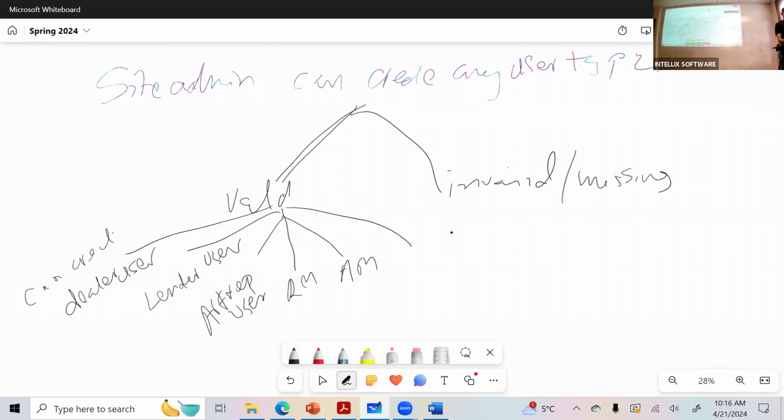Area manager. And what are we missing? Super user. Okay. If they do valid input, means all the required information, they should be able to create all these different types of users. That's what you are proving, basically. System should be built so that site administrator, when they log in, they should be able to create all 6 users.